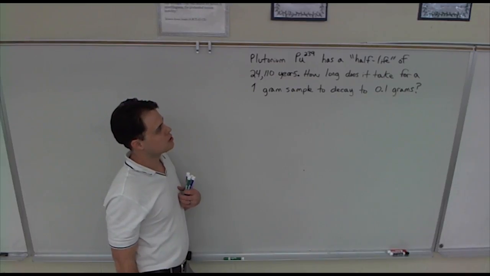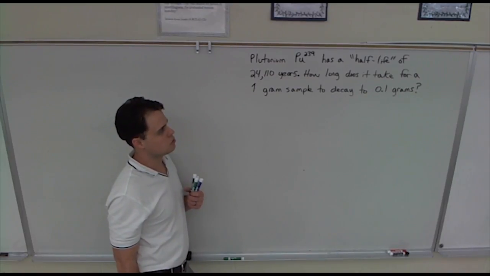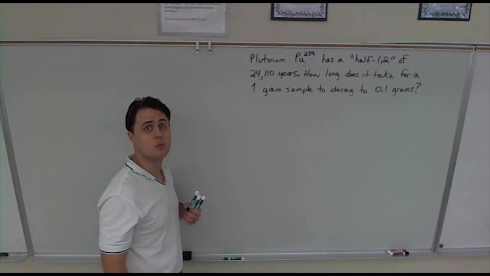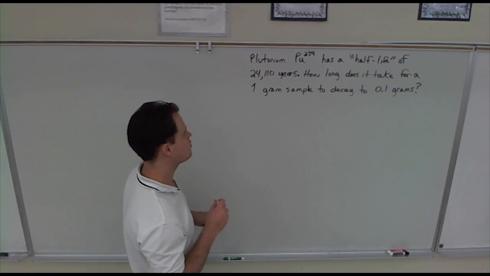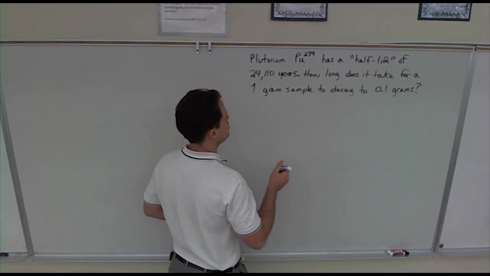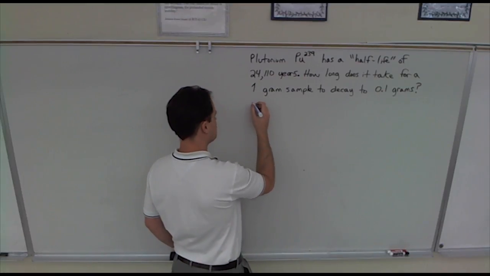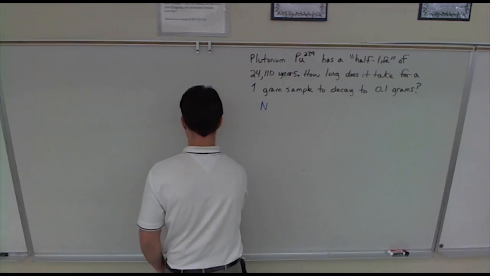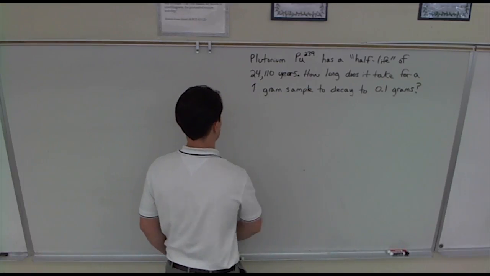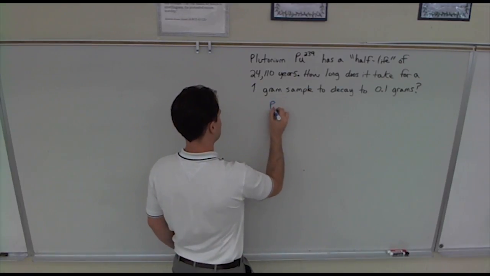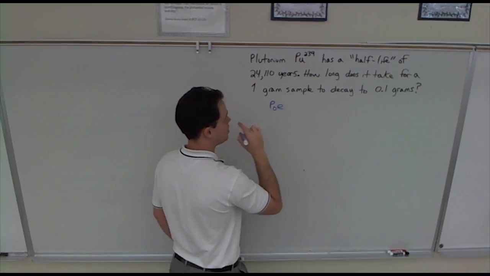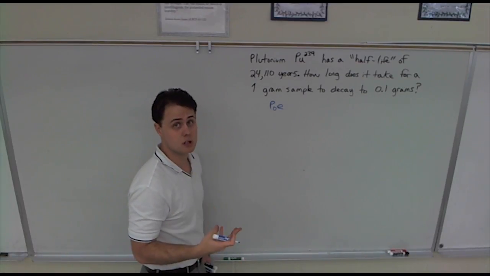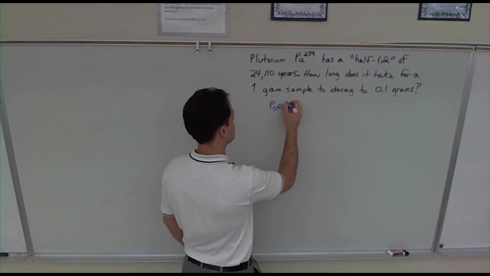So we want to know how long it takes for 1 gram to decay to 0.1 grams. So first we have to use that half-life thing. The whole equation here is pretty similar. I mean, you can call it whatever you want. You can say N instead of P like our book does. I'm just going to stick with what we had before. So we've got an initial amount of our substance. It's decaying all the time, so that's a continuous process. So it's just like Pert